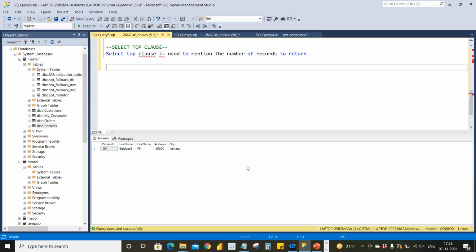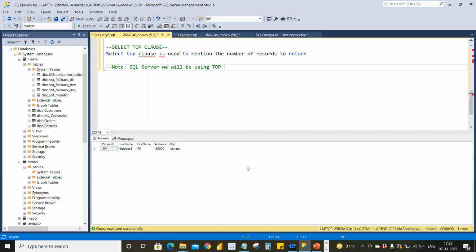One more small note I want to mention: in SQL Server, we use top to retrieve the data. If you say top 1,000, 1,000 rows will be retrieved; if you say top 10,000, 10,000 rows will be retrieved.